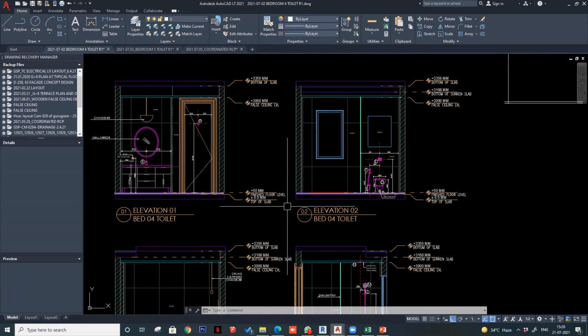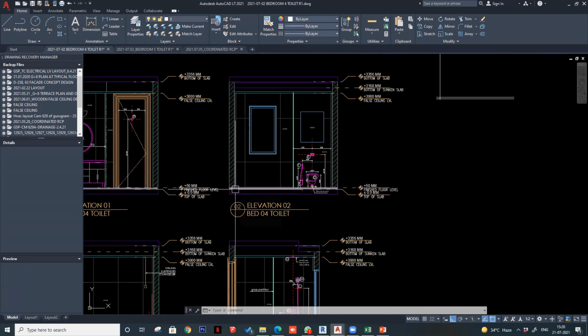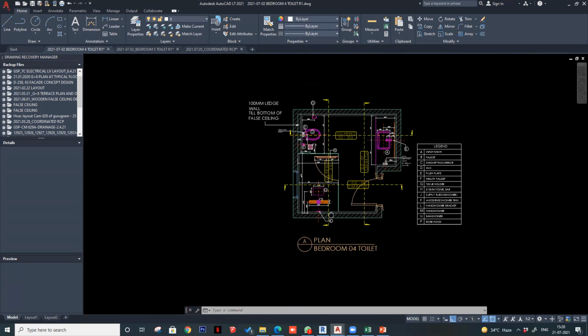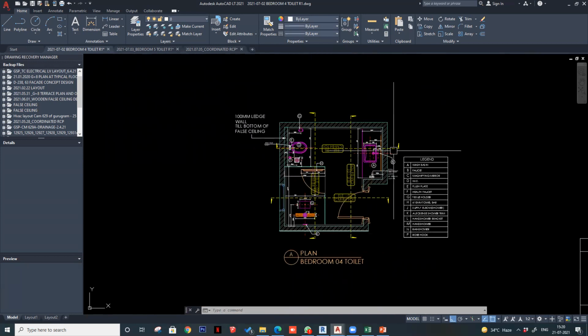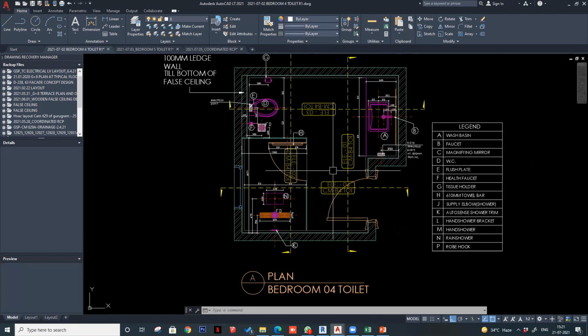So accordingly, I had to revise everything, which was quite time taking and irritating. So it's always better to take that information from your contractor beforehand. That how much margin do they require for finishing on all the walls. So when you start your drafting, first you draft your walls, then you take the offsets, whatever you want for the finishes. Then only you start placing your fixtures. That will make your drawings accurate.